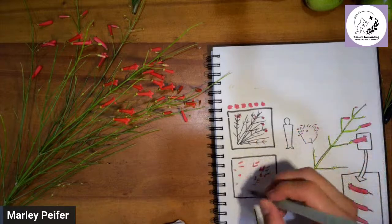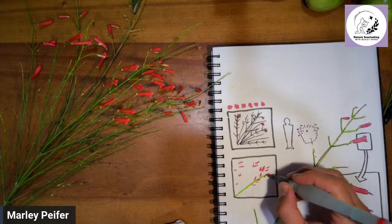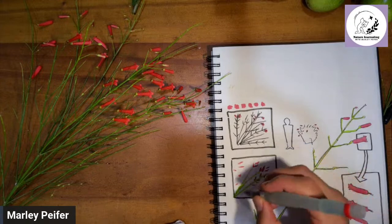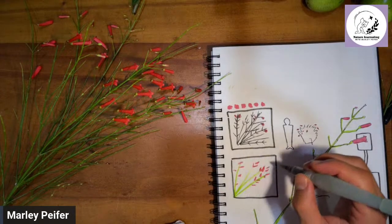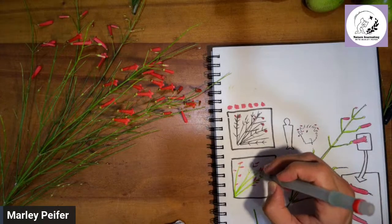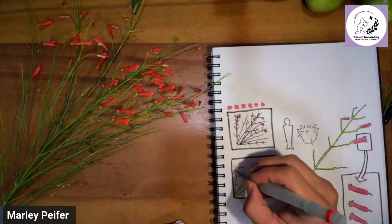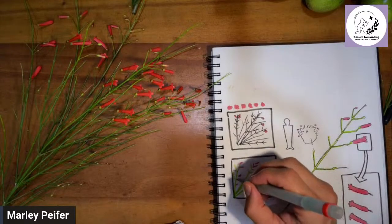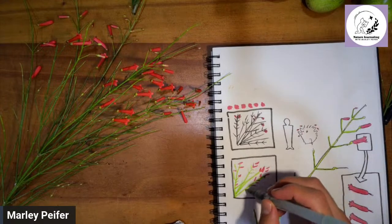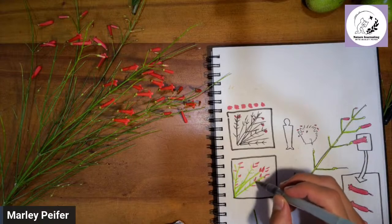Sometimes being able to draw with watercolor can be really useful because it can be so much faster. Some people think it's better because it's more artistic or whatever, but I think if you're nature journaling or sketching, one of your main limiting factors is always going to be time. And if you can do something faster, that's often good. Now, I know that doesn't sound very romantic, but